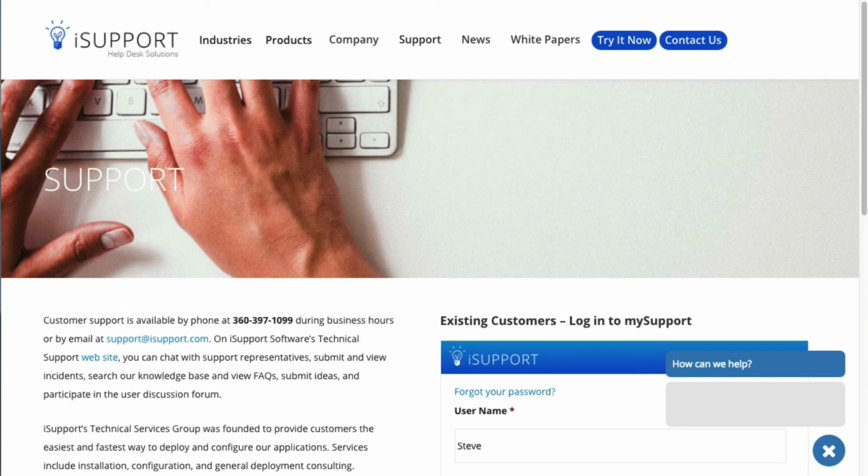That's it for an overview of iSupport's newsfeed features. If you have questions, be sure to consult the online help. Our support team is available for a more in-depth walkthrough. Contact them by email at support@isupport.com and by phone at